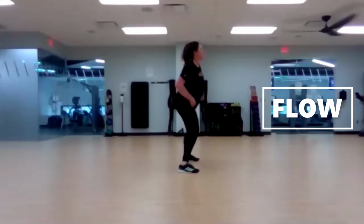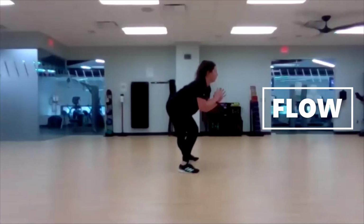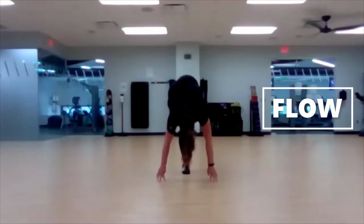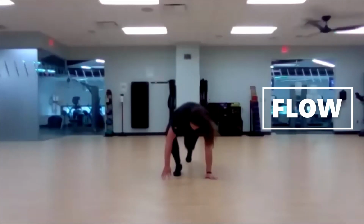Turn that front foot, back, front, back, back. One more. 3-point. Straighten out that front leg, that back leg too, but really that front, power through. Lunge. Single leg, lunge, single leg,